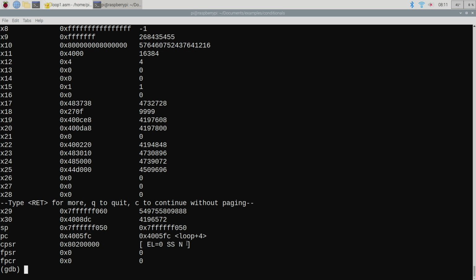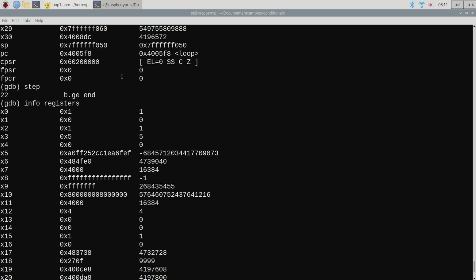We subtract one from the other, okay? And so I know that the first number is less than the second number if when I subtract them, I get a negative quantity, right? I did get a negative quantity here, and that makes sense because what's our counter right now? 0, and what are we comparing it to? 5, and the last time I checked, 0 is in fact less than 5, right? Okay, so that makes sense. All right, so when we did this comparison, right,